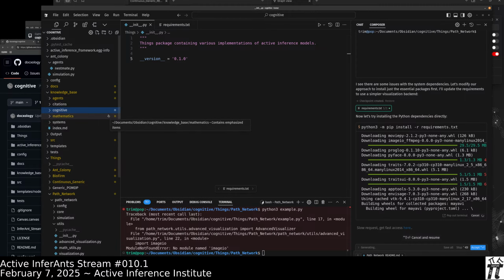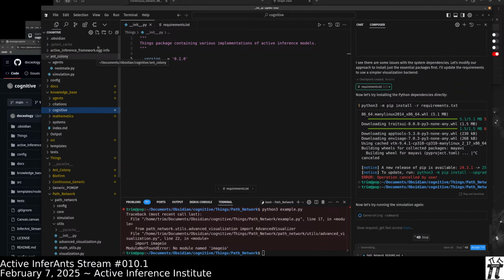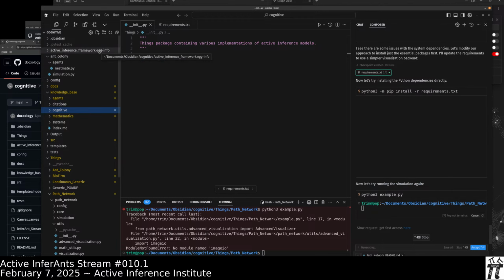Or install package could be a page, and then it could be like, here's what install packages looks like in Julia, here's what it looks like in Python, here's what it looks like in this other language.